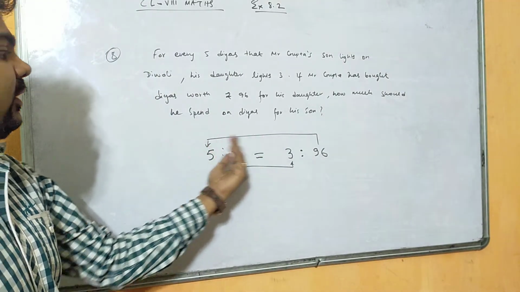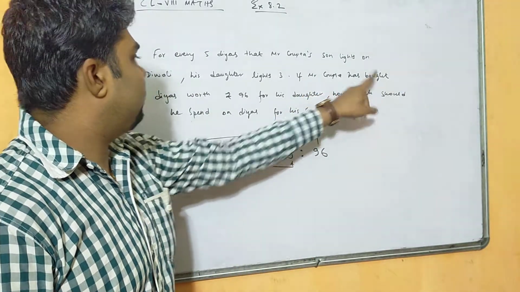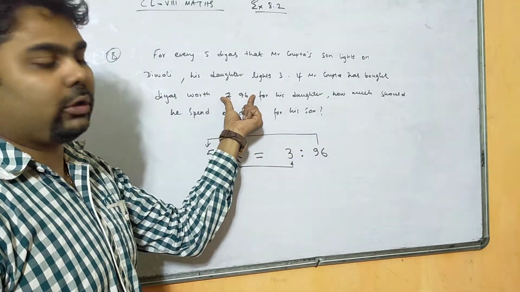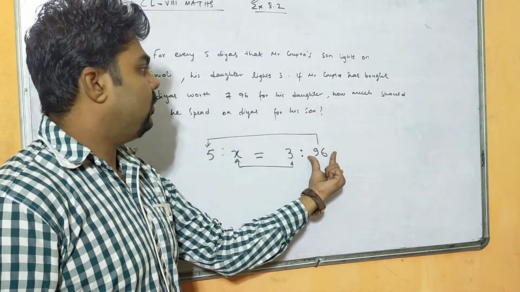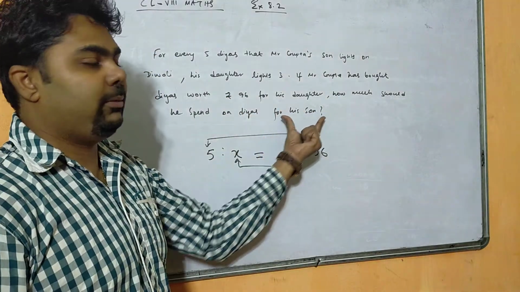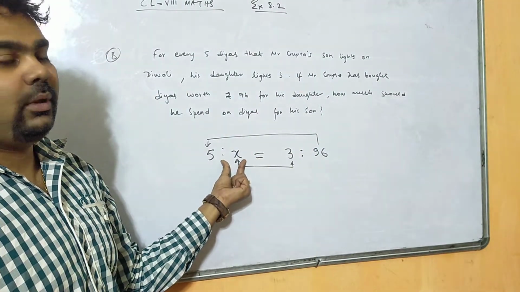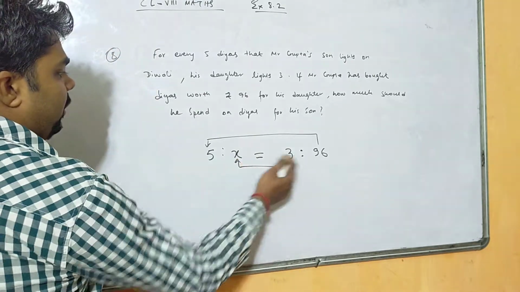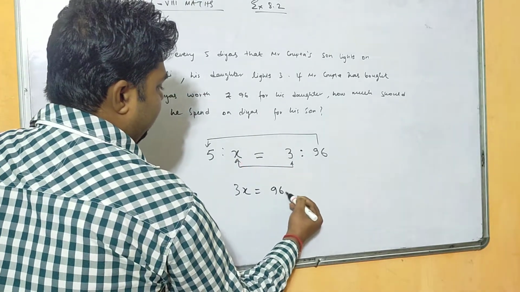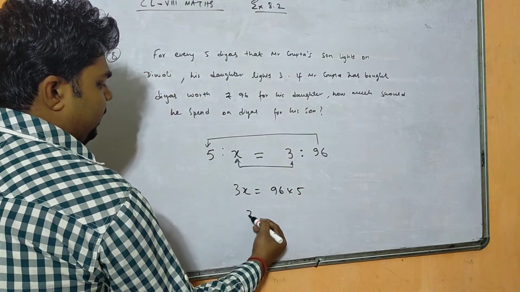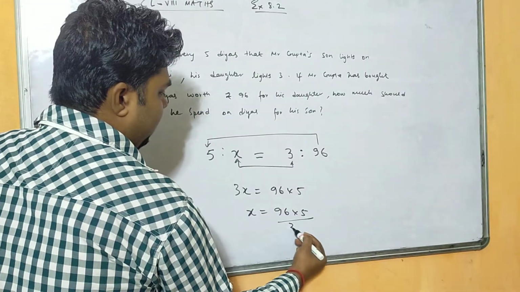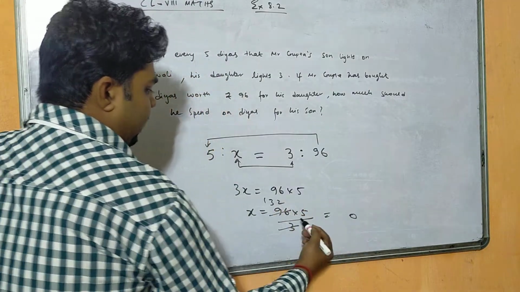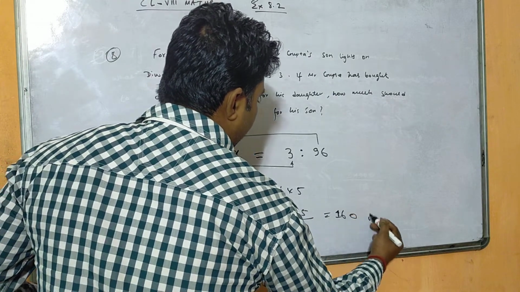That means how many diyas they are lighting. If Mr. Gupta has bought diyas worth rupees 96 for his daughter, that means rupees 96 for his daughter. So the daughter portion I wrote here, that's why 96 here. How much should he spend on diyas for his son? That means let us consider x rupees. Let the total rupees be x. So now we know how to solve this one. So 3 into x, there will be 3x. Here 96 into 5. Do not multiply here because ultimately it will get cancelled. 96 into 5 by 3. 3 3 is 9, 3 2 is 6. So 5 2 is 10, 5 3 is 15, 16. That means 160 is our required answer.